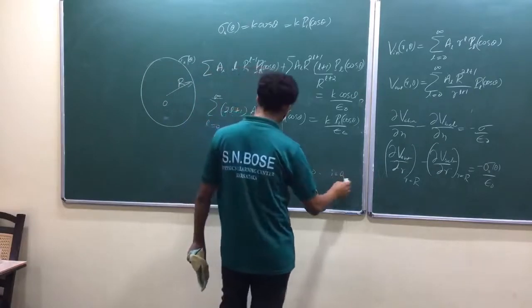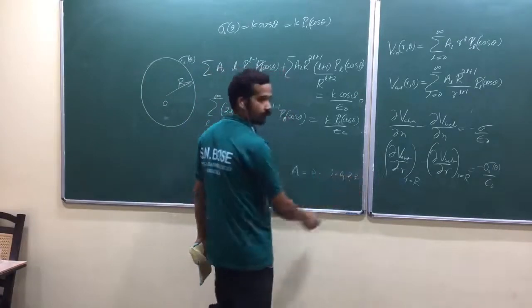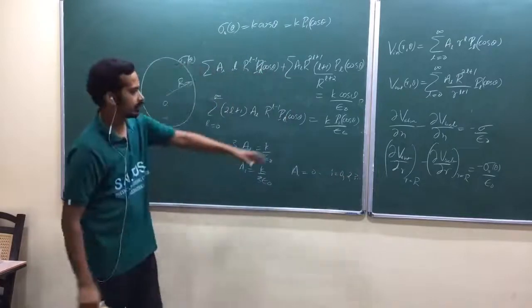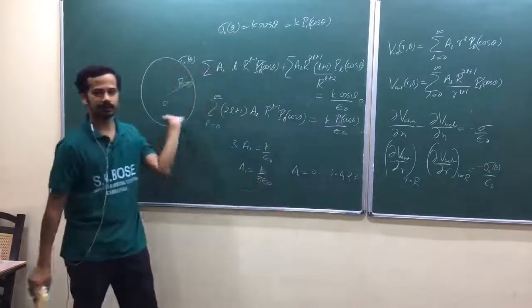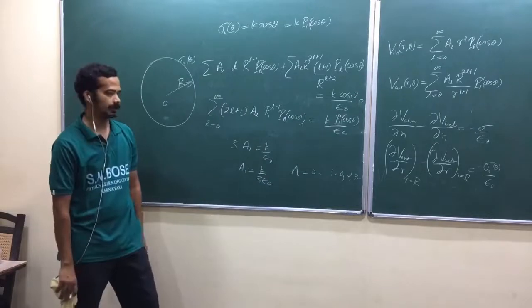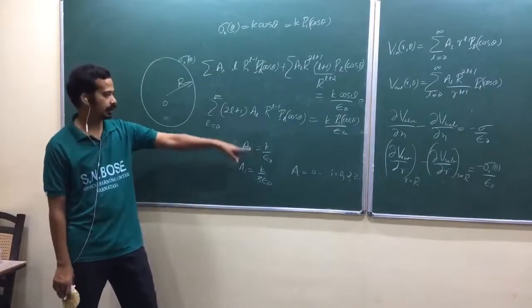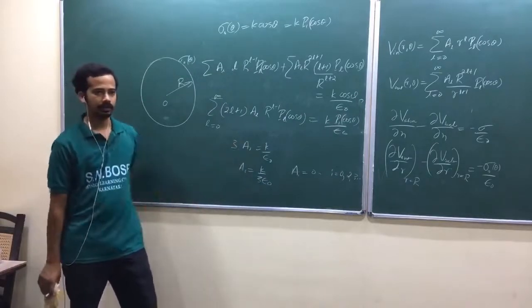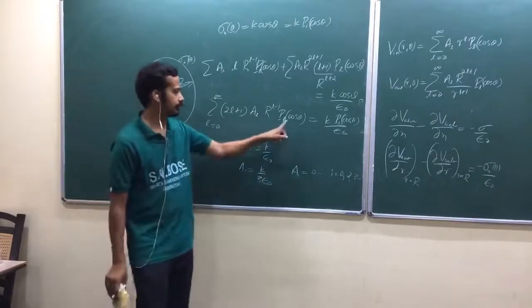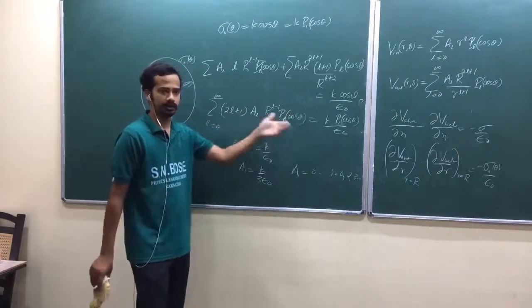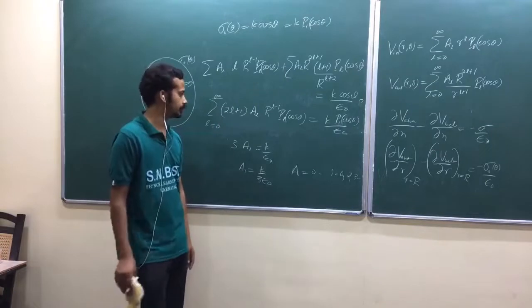L equal to 0, suppose 2, 3 and so on. Isn't it? Because on the right hand side you have only P1. The left hand side is a summation, L equal to 0, 1, 2, 3. Isn't it? Among them only A1 is non-zero. I have taken only the coefficient of P1 of cos theta. Is that okay? I just equated the coefficient of P1 of cos theta.